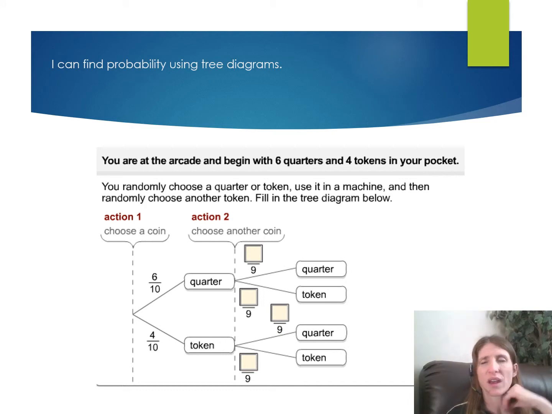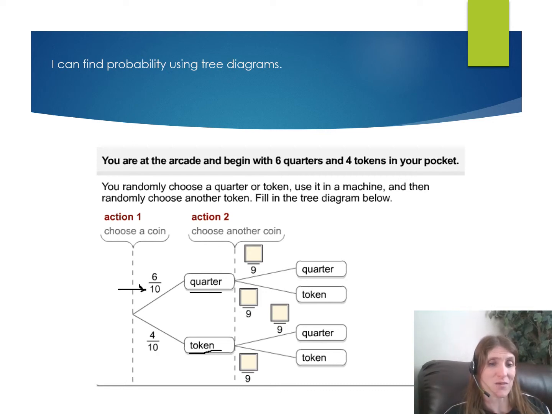Okay, and I know that you'll have questions like this where you have to fill in tree diagrams, and so let's make sure we understand here. So the first action, or the first experiment, event is another word we've been using, is to choose a coin. Okay, so we'll say we're going to choose a coin. The coin could either be a quarter or a token, and so that's where these numbers quarter and token come into play. Okay, now we know that there are 10 total, and so that's where these number 10s come from,